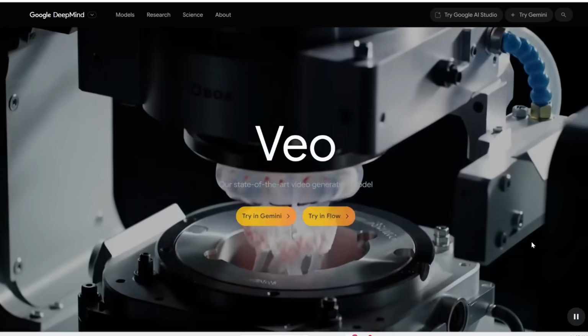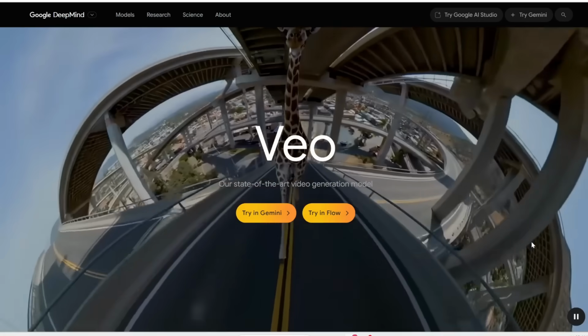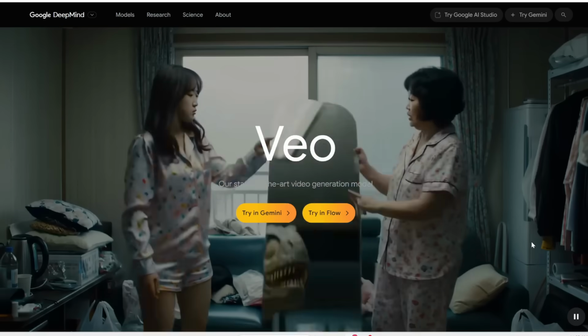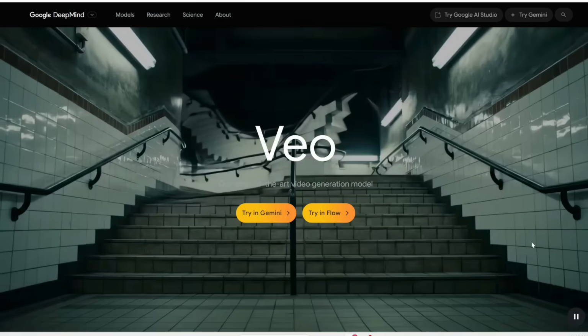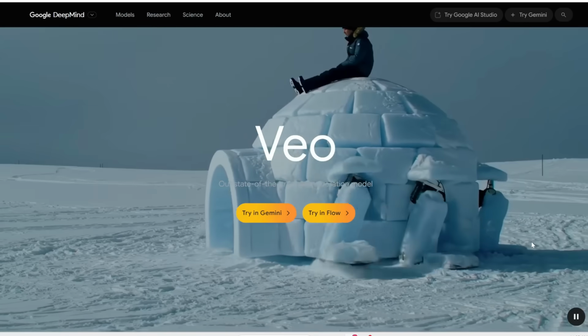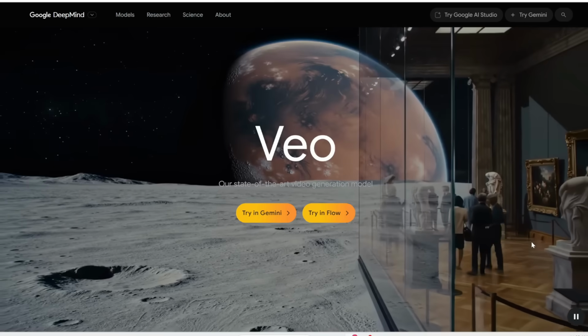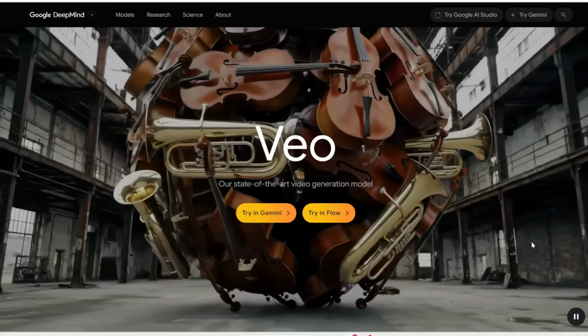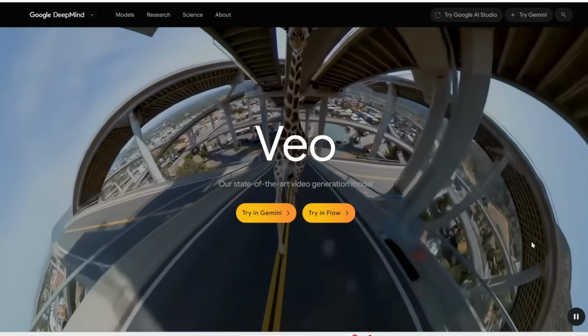Now, a few weeks ago, Google released Veo 3, and this is quite a groundbreaking feature because you can generate video with audio. The characters talk really realistically according to the audio, but this is pretty expensive. Wouldn't it be nice if there was an open source option to this?